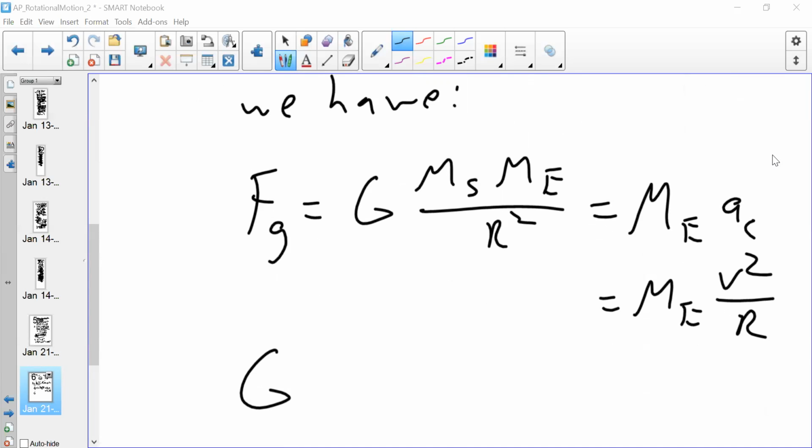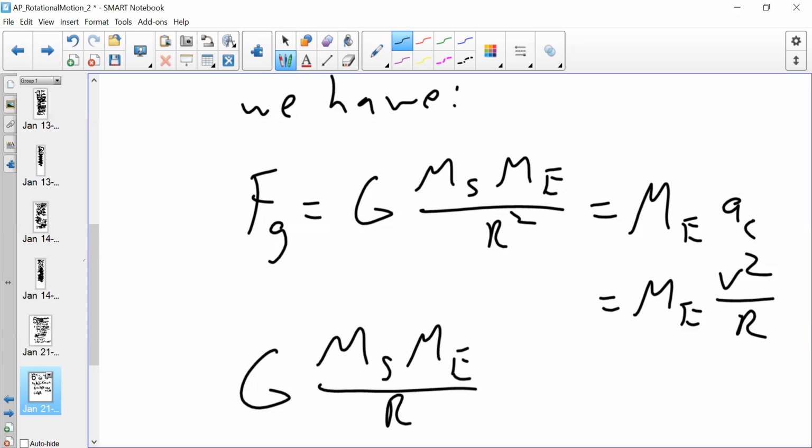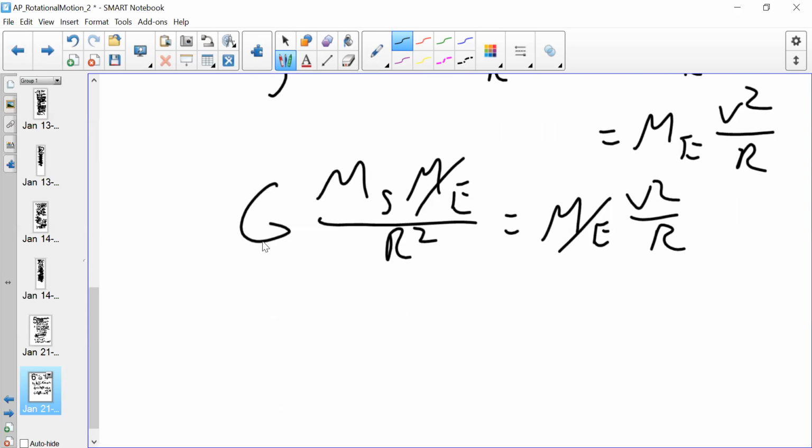So again, the universal force of gravity, the two masses in question, the Earth and Sun, and the radial distance between the two from their centers of mass, which we'll be talking about on Monday, and mass of Earth, centripetal acceleration, M_E v squared over R. Then we have, cancel out the M_Es. Right, like so. And so we have,